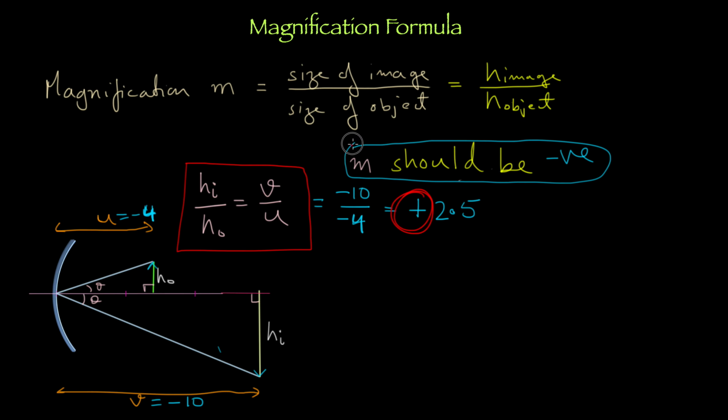helping in our sign convention what we had thought for ourselves, that flipped over things will make it as negative. Is that clear? So what modification will you do to the formula yourself? Value is correct, this part is correct, only this part is wrong. So what modification will you do? Is this modification going to help us? A minus V by U. Yes.